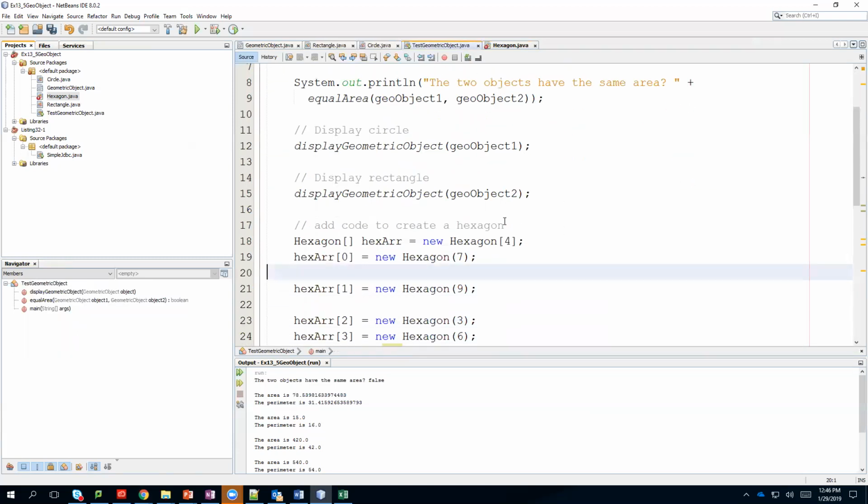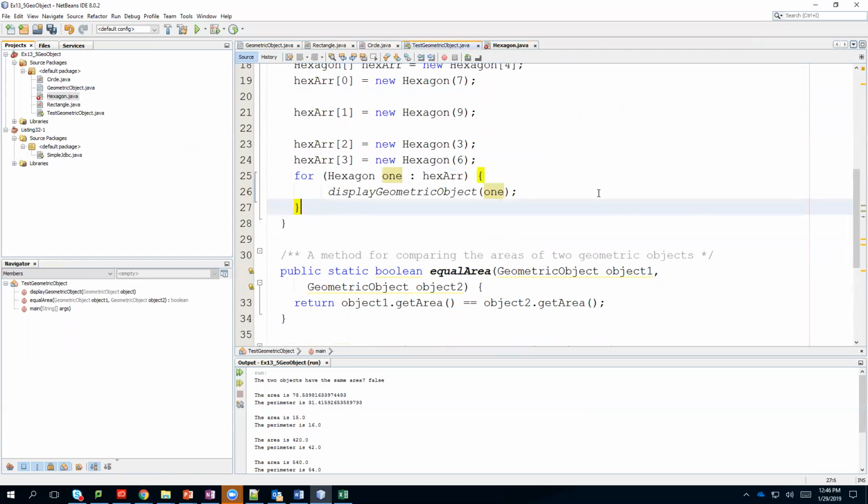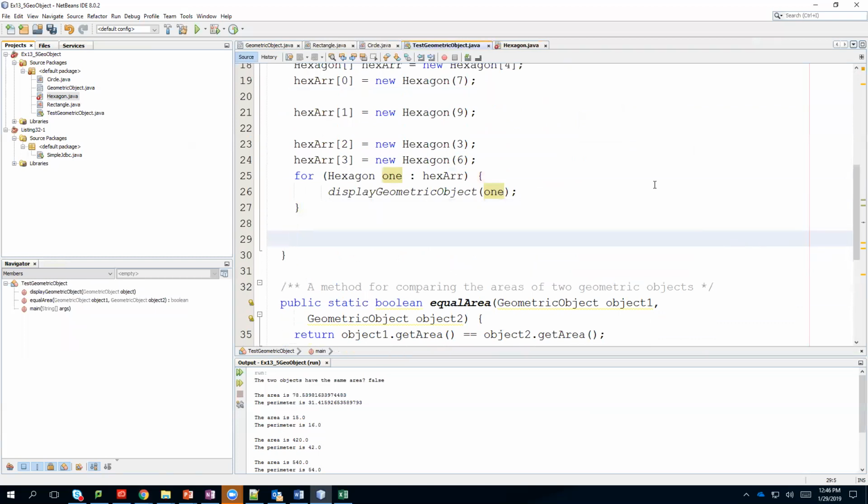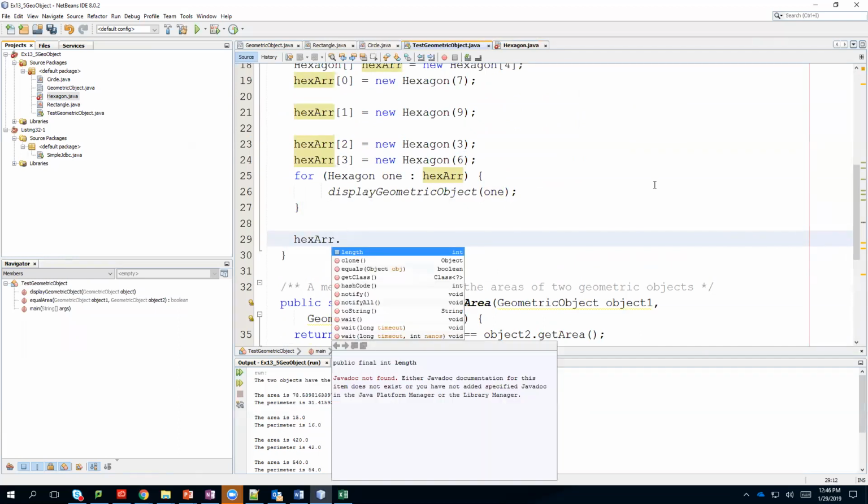Now in my tester, if I try to sort my hex array,